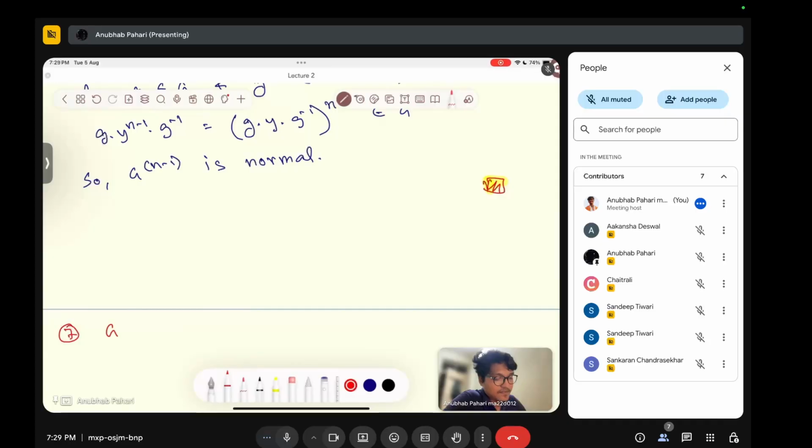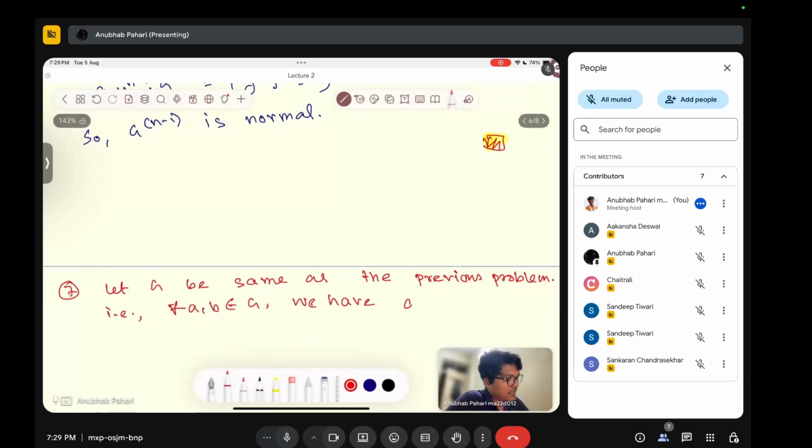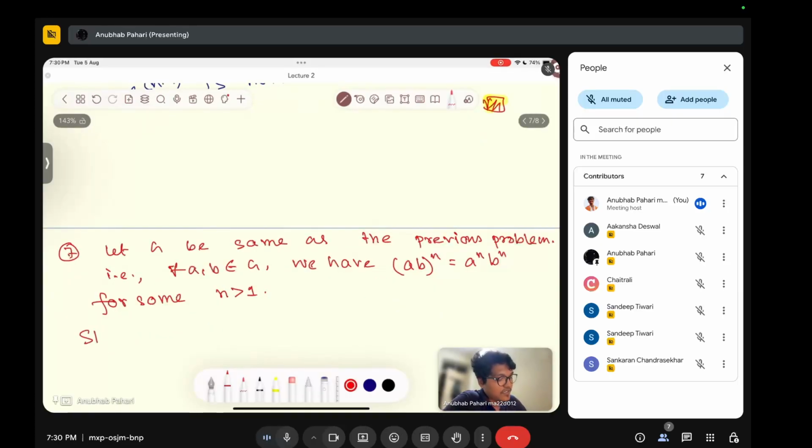Let G be the same as in the previous problem, that is, for all a, b belonging to G, we have (ab)^n equals a^n b^n for some n greater than 1. Then show that